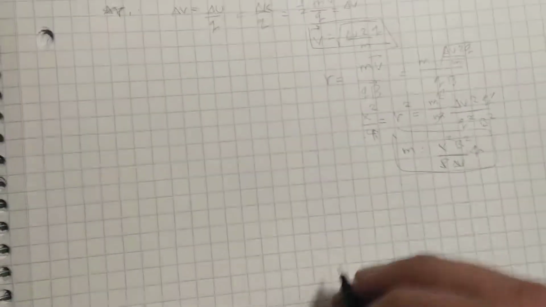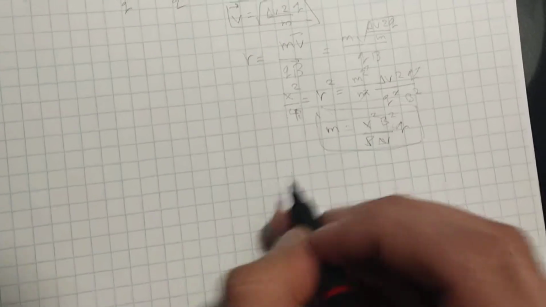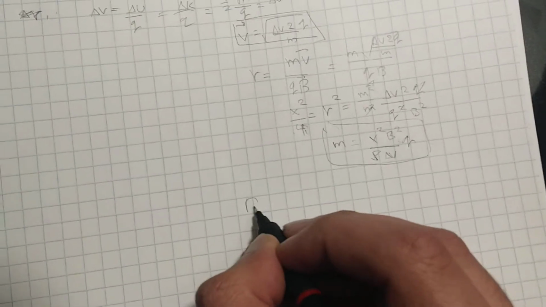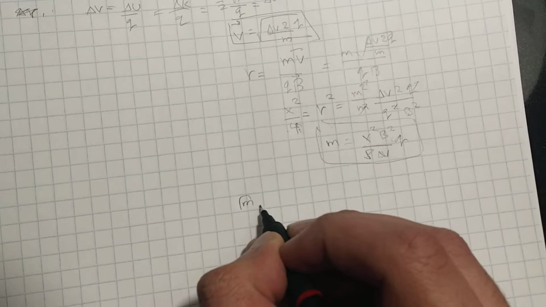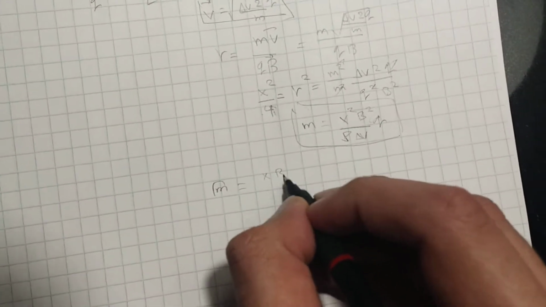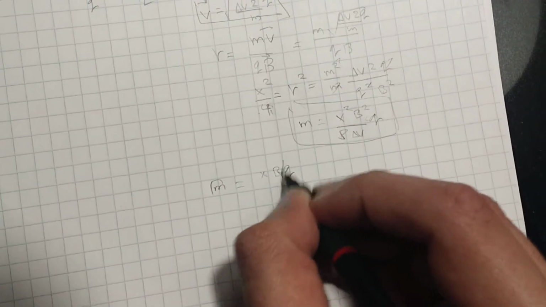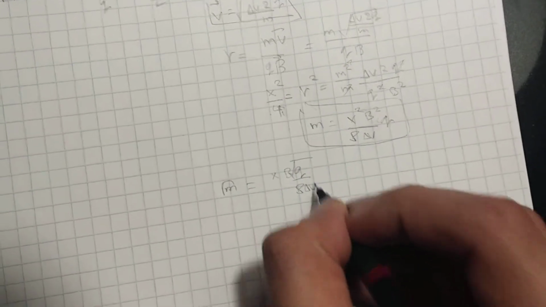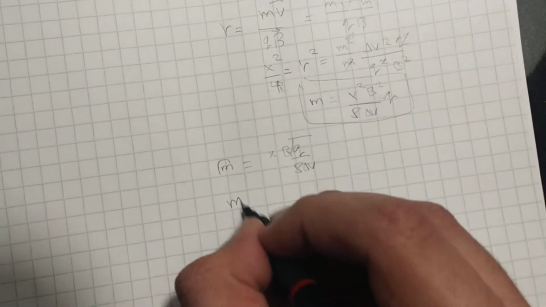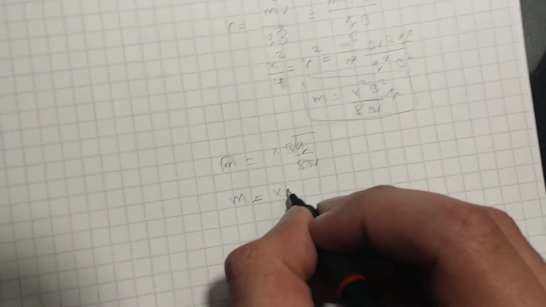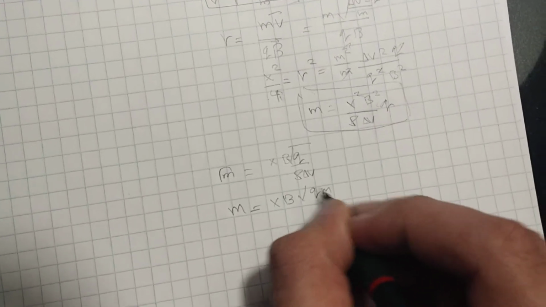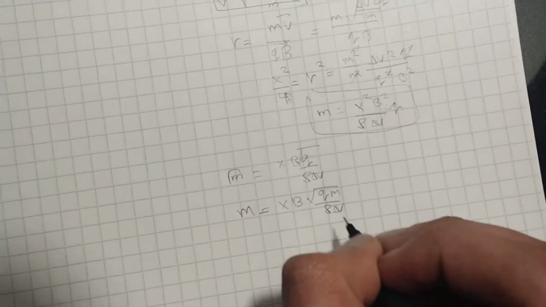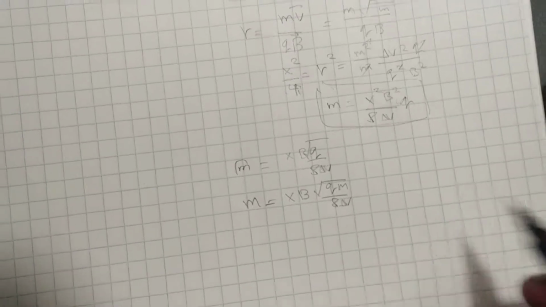And also a hint for number 10. How you get that equation is basically by square rooting both sides and then multiplying by root m. So that's going to be root m is equal to root q over 8 delta V, and then if you multiply the whole thing by root m, you're going to get m is equal to x B root q m over 8 delta V, and then you just basically